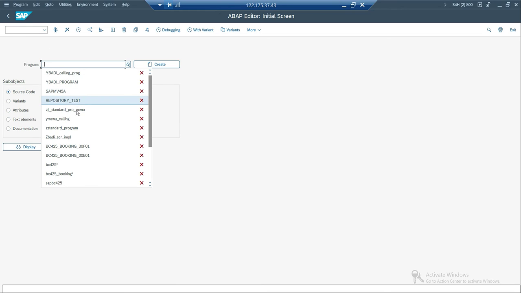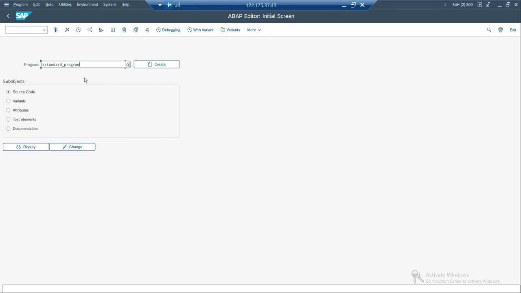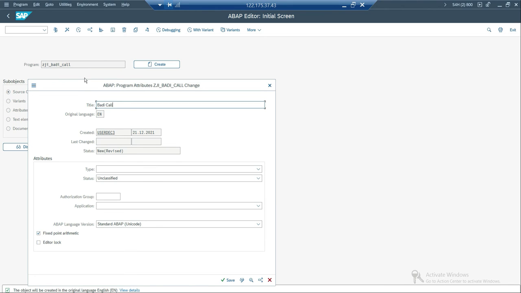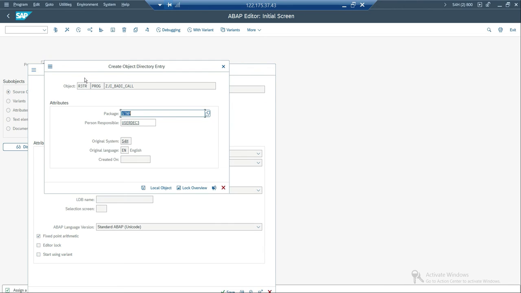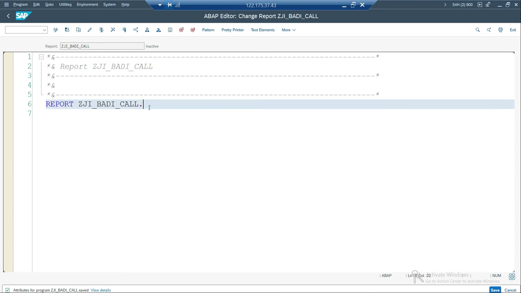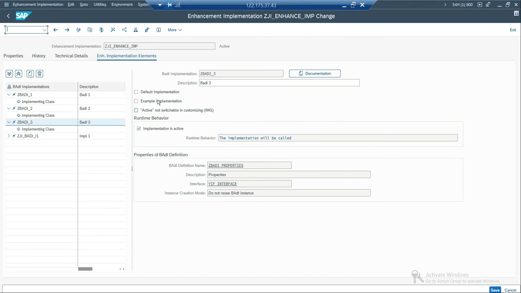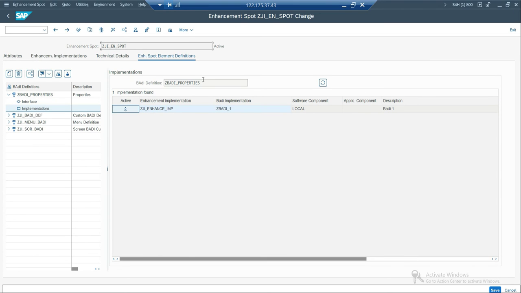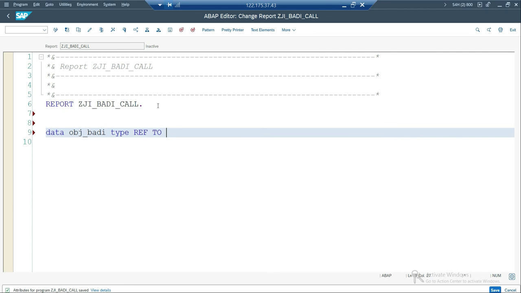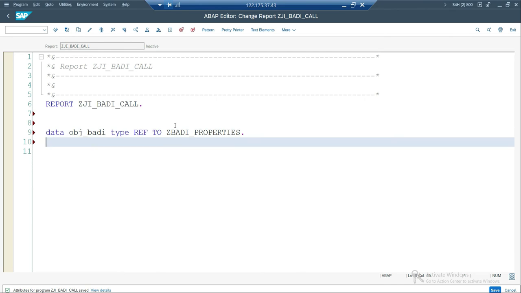And what is the program? Okay, I'm not sure. Release GG BADI call. Okay, so let's have the declaration of the object. Type ref to the BADI name. So what is the definition of the BADI? Just go back. BADI properties. It has 3 implementations, and out of that, 1 is default, remaining 2 are